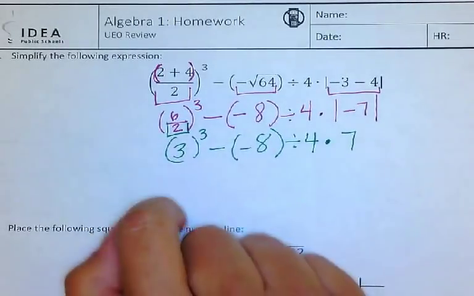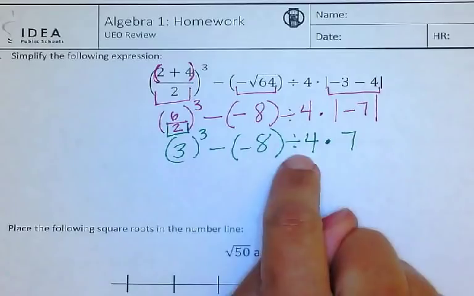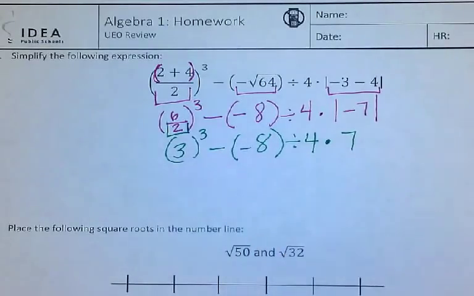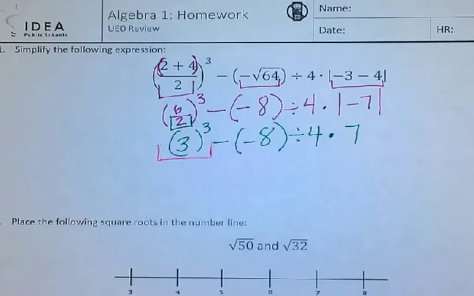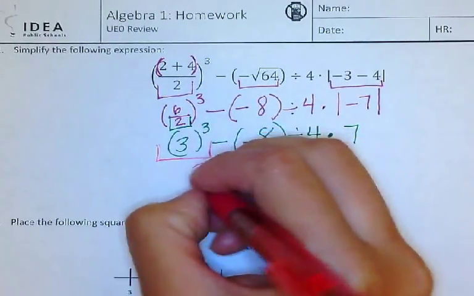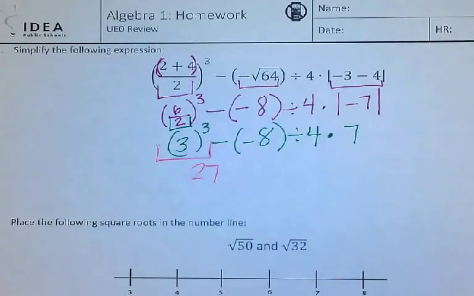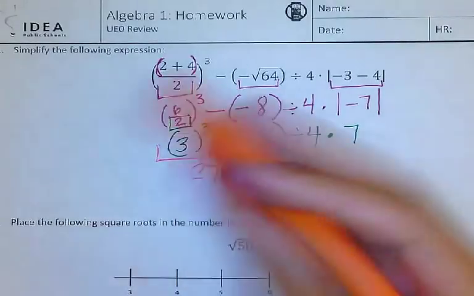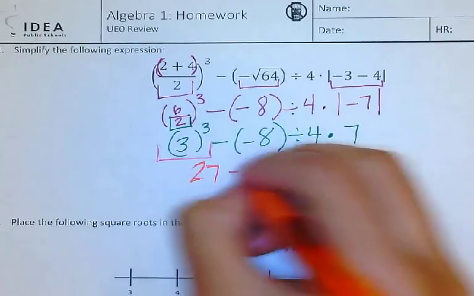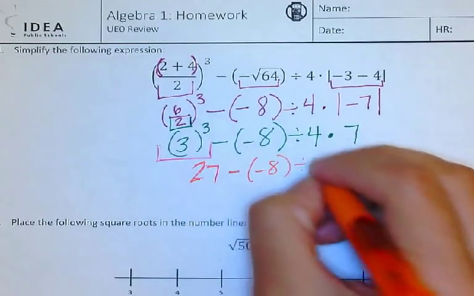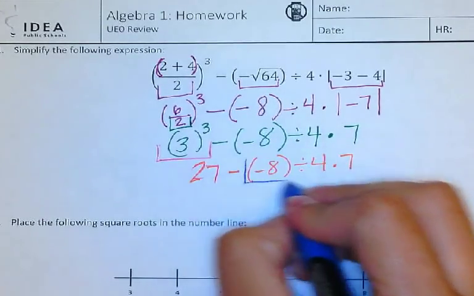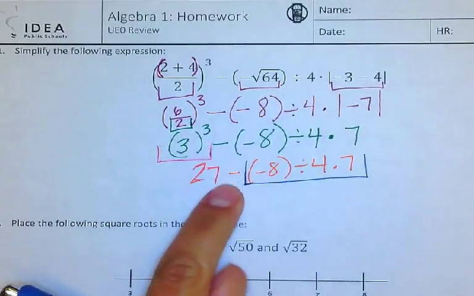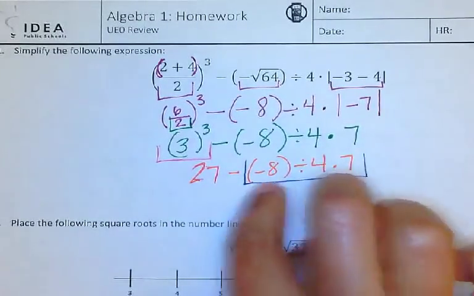So after I'm done with that, I have powers, subtraction, division, and multiplication. So I know that powers are next. So that means 3 times 3 times 3, which would give me 27. And over here, I would copy everything else the same. Okay, so after that, I know that I need to do division and multiplication next before I do a subtraction. So I do left to right